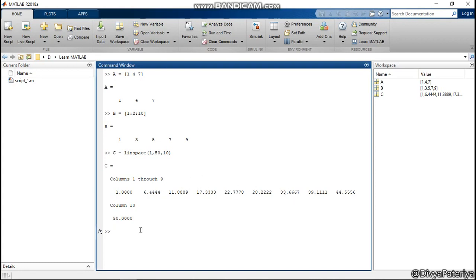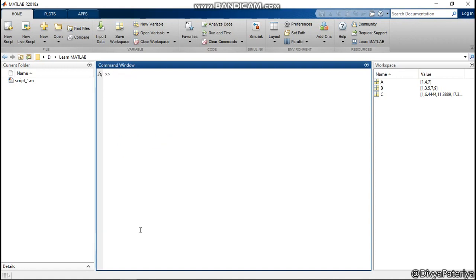Okay, so now we will see other commands. This is for the one-dimensional array. Suppose I want to create a two-dimensional array. So how can we do this? I will get some space using clc in the command window. Now I want to create a two-dimensional array. Suppose I'm giving the variable name z equals, same square brackets. I will start writing the contents of the first row: 1, 2, 3.